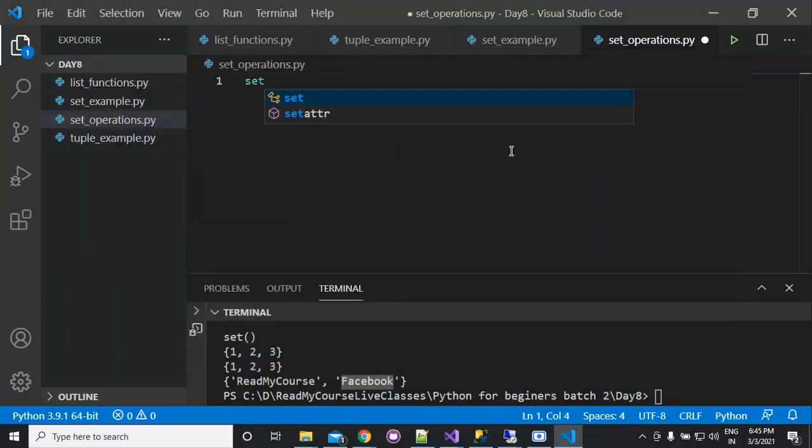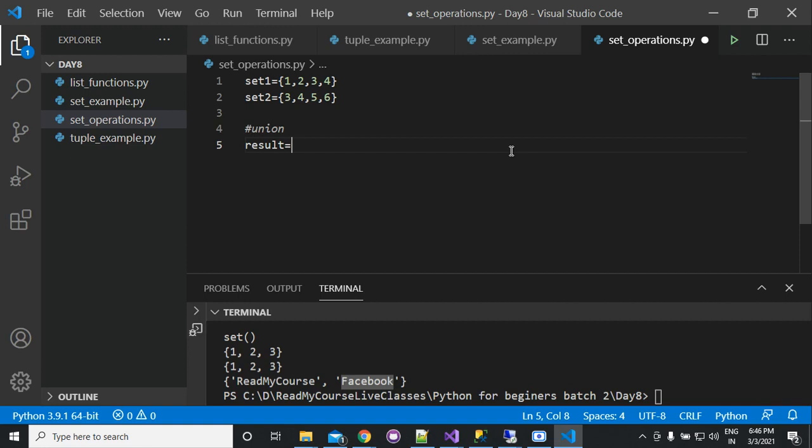Suppose that firstly we have two sets. In set 1 we have data 1, 2, 3, 4. And in set 2 we have data 3, 4, 5, 6. If we want to perform union, we will write result is equal to set 1 union set 2.